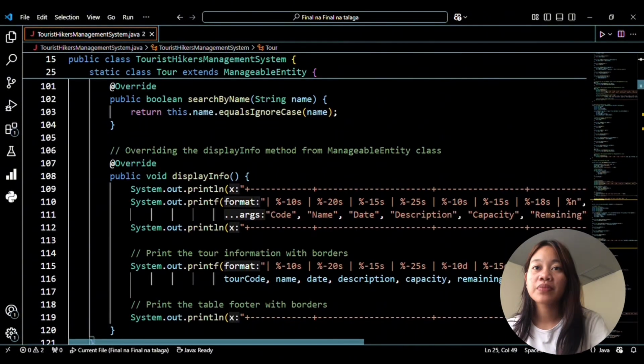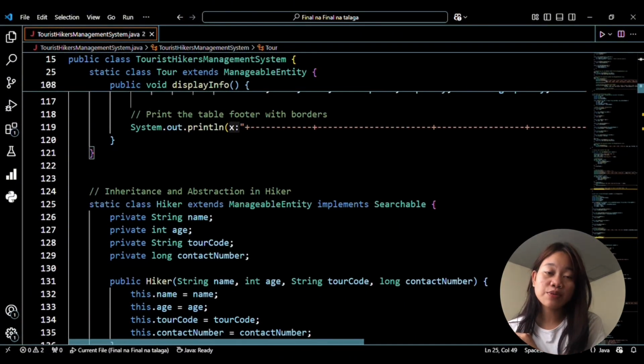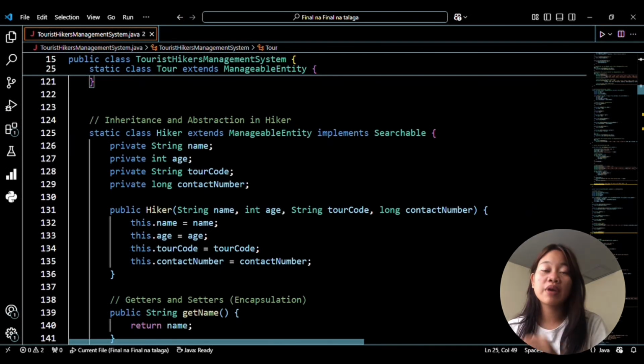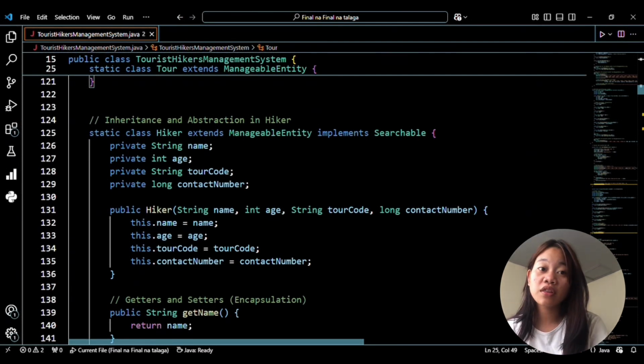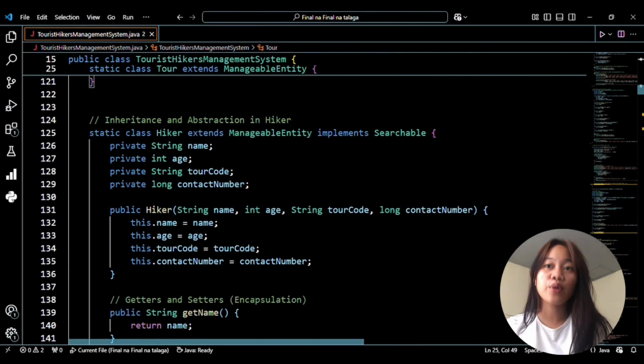onto the private class. Then the abstraction is simply implemented by the user since it interacts with the tour's attributes through a controlled interface, which we have, the setter and getter, without needing to understand how attributes are stored or updated internally, since you are just seeing the display or the output, not the process of how it works. We have here the inheritance and abstraction in Hiker, which